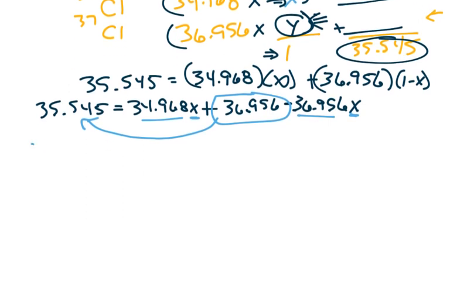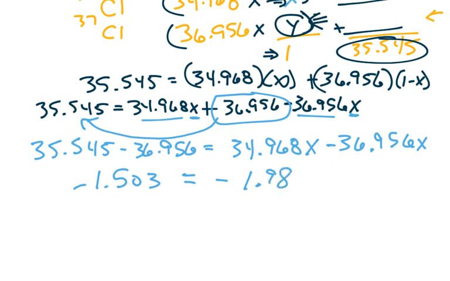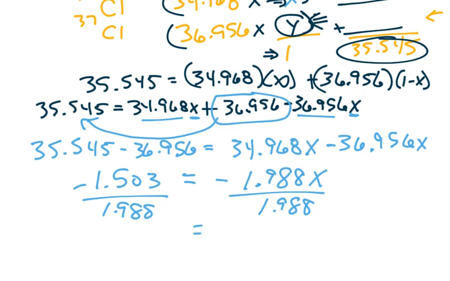So we get 35.545 minus 36.956 equals 34.968X minus 36.956X. Minus 1.503 equals minus 1.988X. And so now you just divide by 1.988, and you end up with